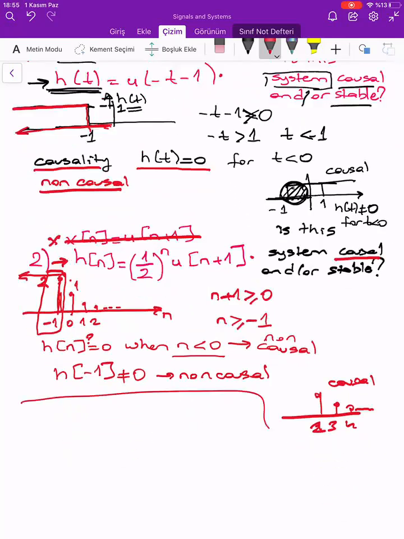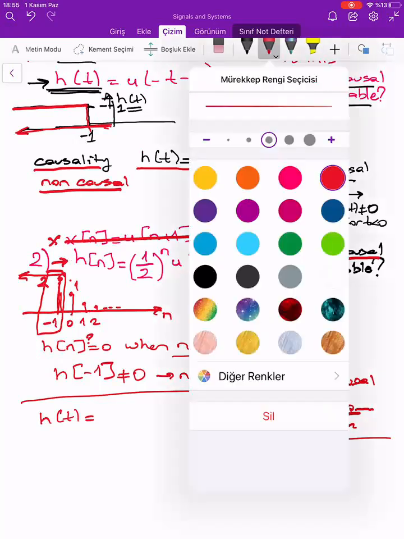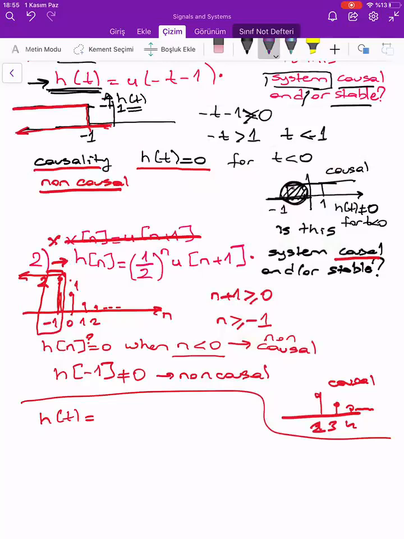Now, I will focus on the same questions, but this time in terms of stability. For h of t equal to u of minus t minus 1, I should now check this. How do I check the stability, arkadaşlar? I should check this, okay? Integral from minus infinity to plus infinity, absolute value of h of t dt. If this is less than infinity, that means if this is finite,